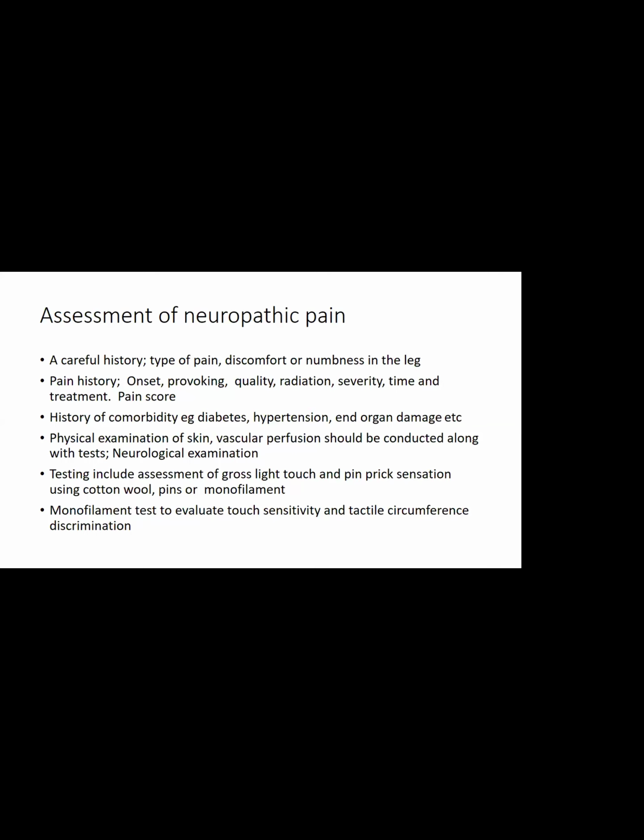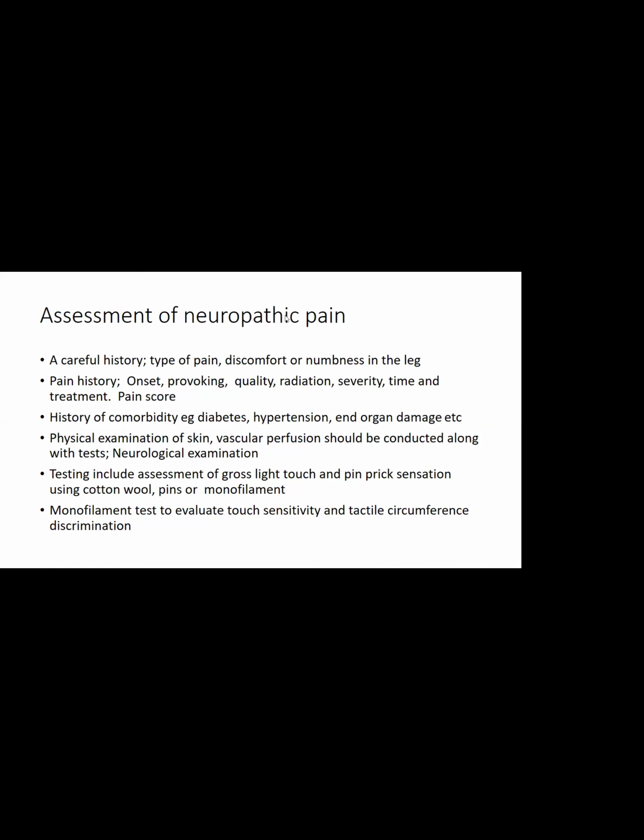Then we can also assess the pain using a numerical rating scale by scoring the pain. History of comorbidities like diabetes, hypertension, and any other organ damage like nephropathy or